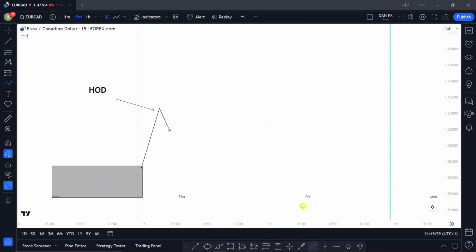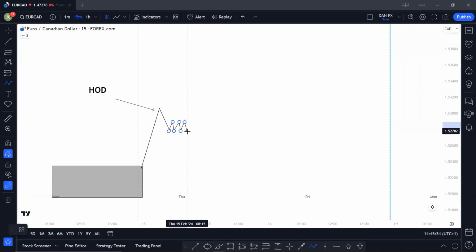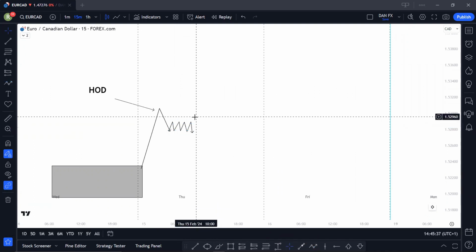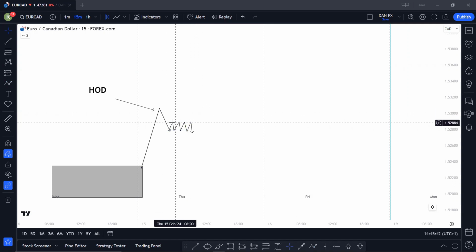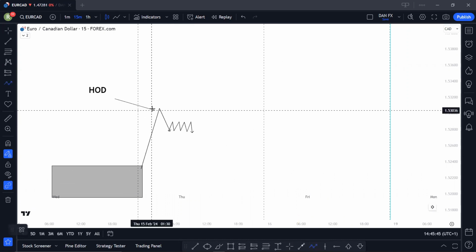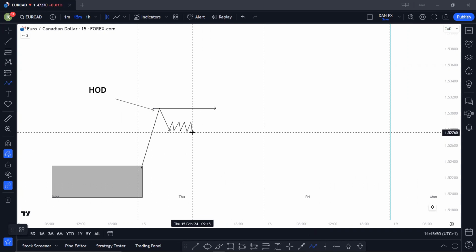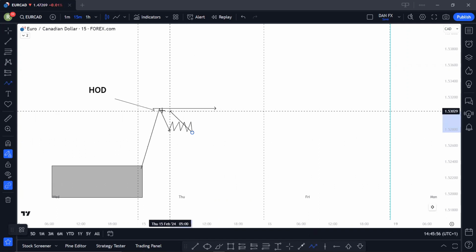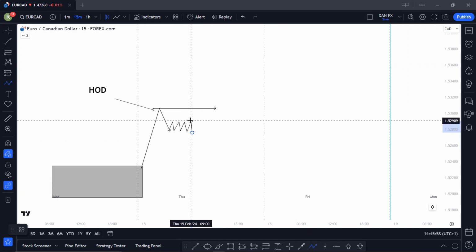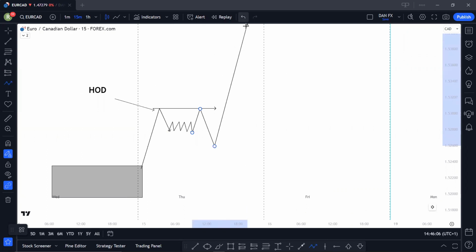What's going to happen is price is going to begin to consolidate for at least 45 minutes to an hour, and ideally 90 minutes to 2 hours. Price is going to begin to consolidate and then attempt to go back to this high. So when price attempts to go back to this high, that's when it forms the second leg. Now when it goes back to this first leg, that's where you're going to have 3 types of formations: the type 1 or the type 2 or the type 3 formation. So if it's a type 1, it's going to be equal highs. If it's the type 2,